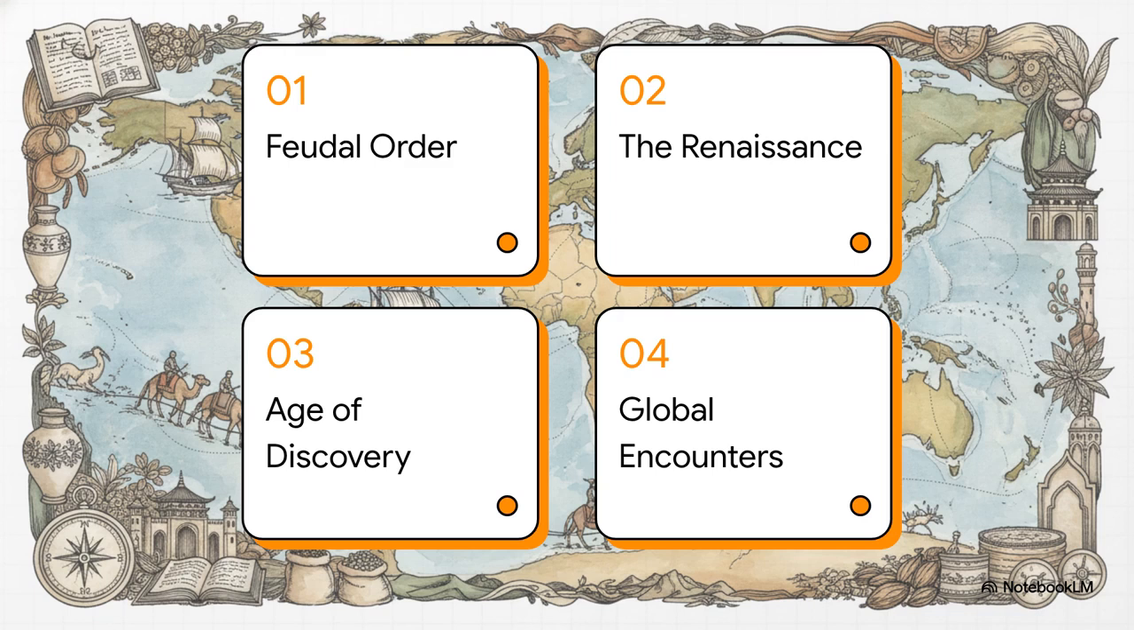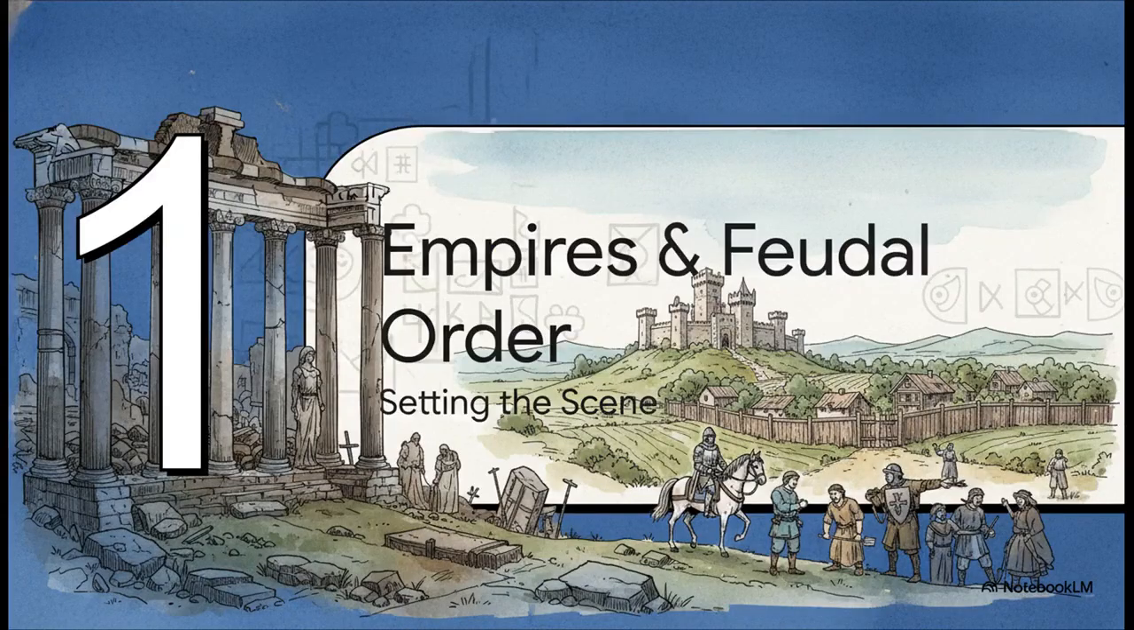Here's our roadmap for this chapter of history. We'll hit 4 main stops. First, empires and the feudal order. Second, the Renaissance awakening. Third, the Age of Discovery. And finally, number 4, global encounters and impacts. Let's dive right in. All right, let's kick things off with Section 1, Empires and the Feudal Order, setting the